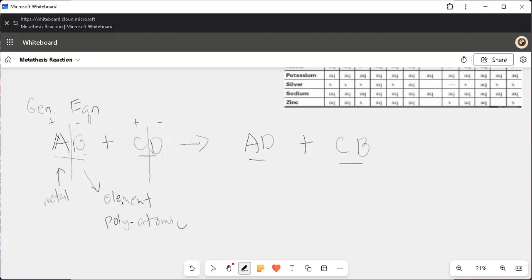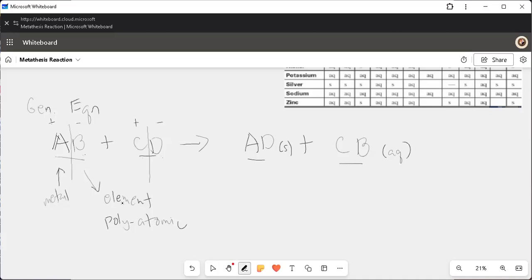Try to check if one of the compounds can be in the solid form or in the aqueous form. You can only do that by simply looking at our chart. If the compound has an indication of S, just write S. If the compound has an indication of AQ, then write AQ. That's it. I am not asking you to balance the equation first.